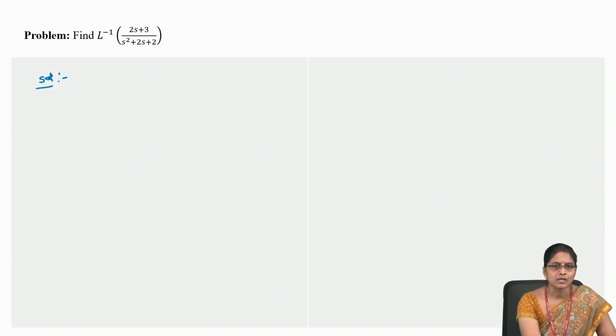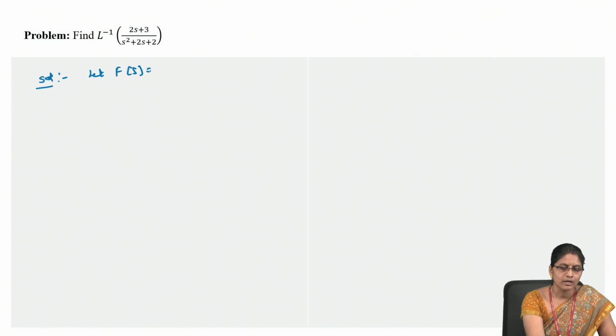Find the inverse Laplace transform of (2s plus 3) by (s square plus 2s plus 2). First note down F of s. Let F of s equal (2s plus 3) by (s square plus 2s plus 2). Apply the inverse Laplace transform. L inverse of F of s is equal to